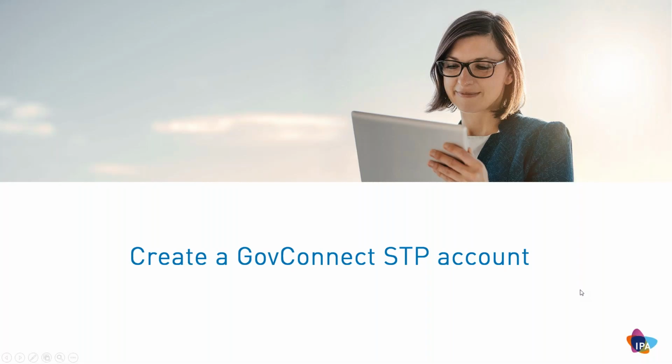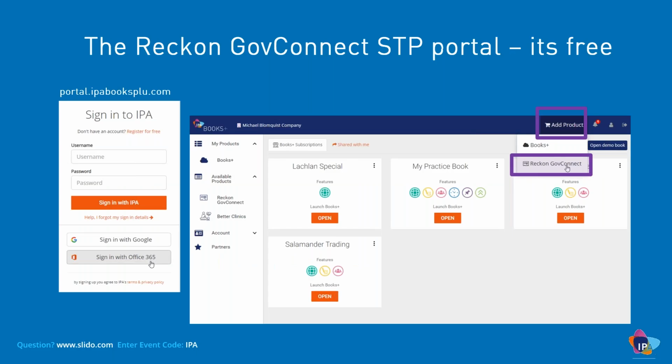So let's have a look at creating a GovConnect STP account. Firstly, every user on the Books Plus system needs a portal ID. So if you just sign into portal.ipabooksplus.com and click on register for free to create a free ID. You can sign in with your existing Google or Microsoft accounts, or just create a unique one using your email address. Then you can come back, sign in here, and you'll come into the IPA Books Plus portal,